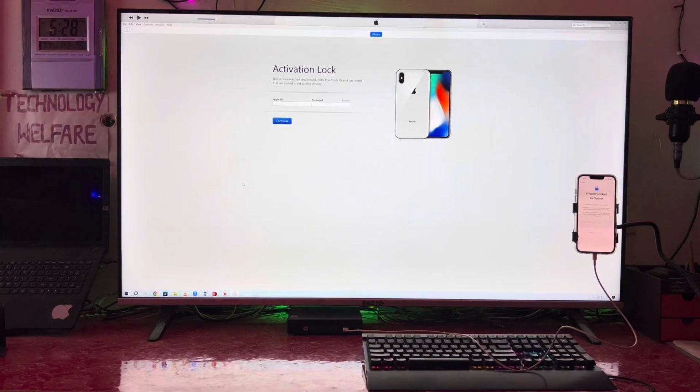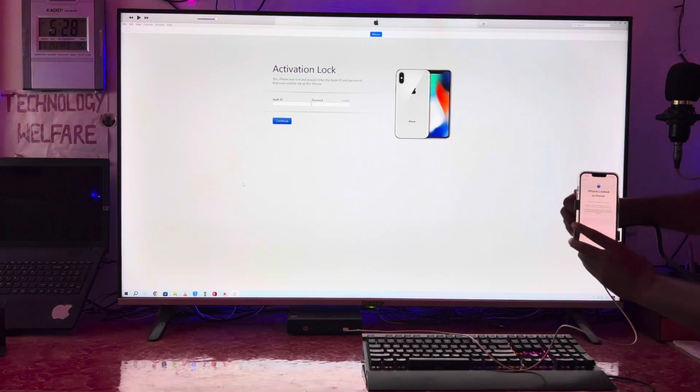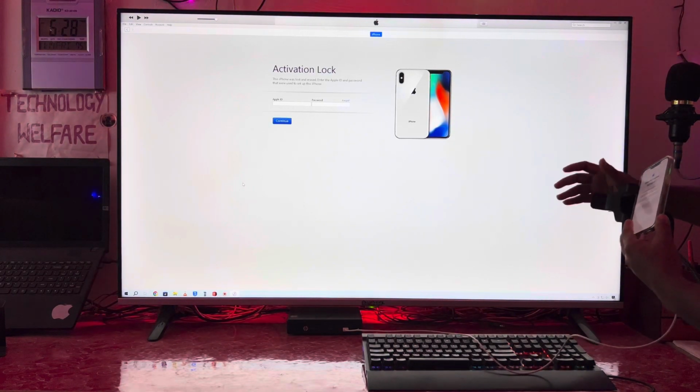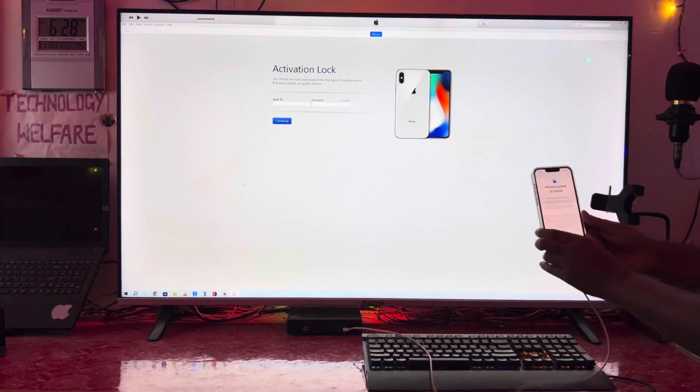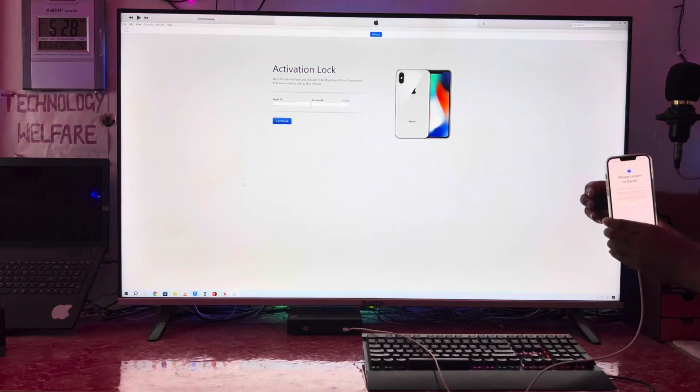In this tutorial, I will tell you, without doing a jailbreak, how to get rid of it, or a similar situation when your device is in stolen mode, lost mode, or blacklisted. In that condition, how do you wipe it out completely or permanently from any iPhone device? Right now, as we see, this is a 13 Pro, and it has been linked to an Apple ID,